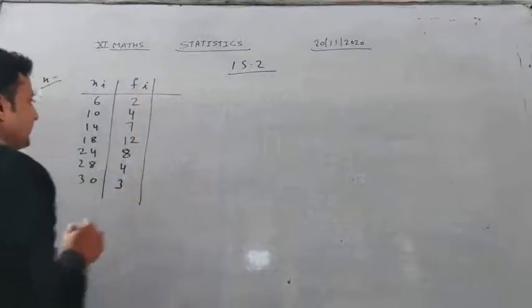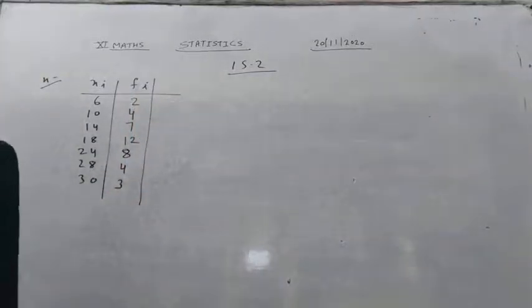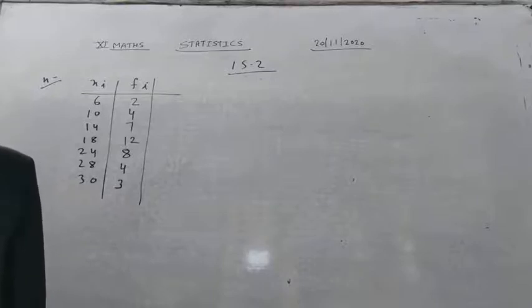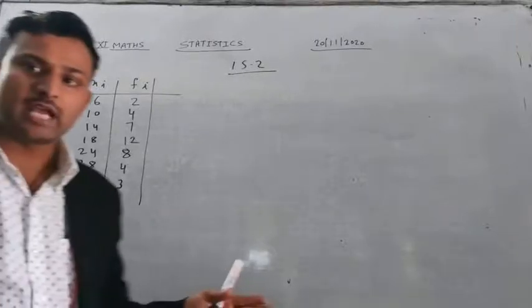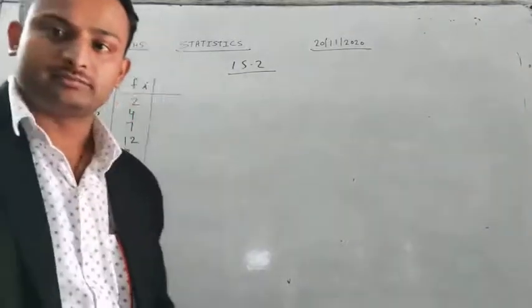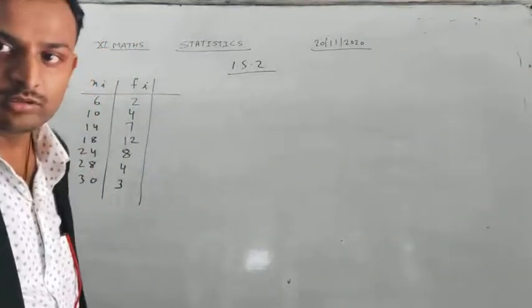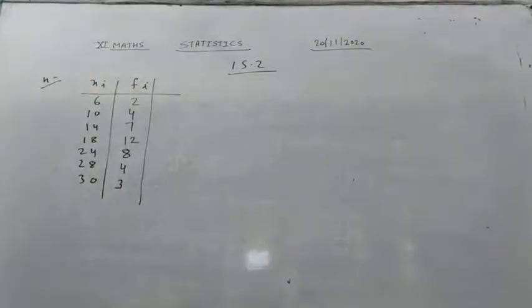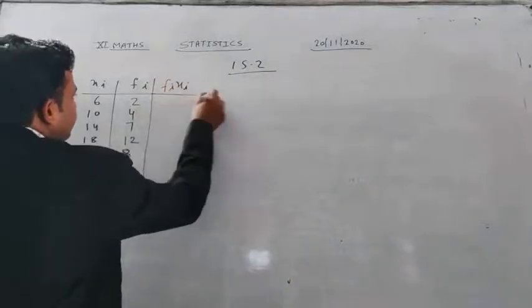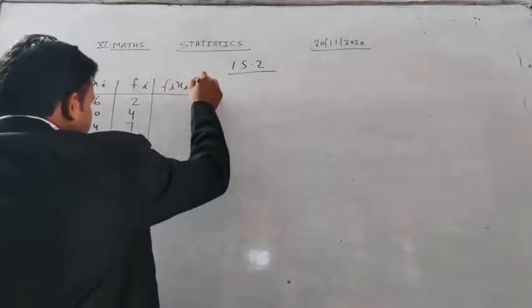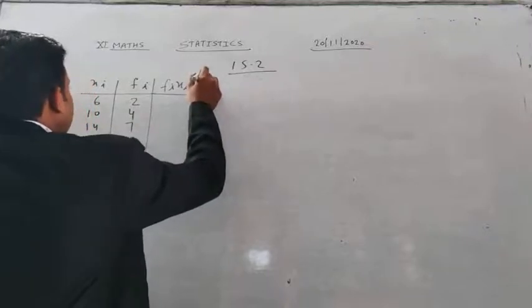Okay. This is the information which is given, and from this information we have to find out our mean and variance. So for finding out mean and variance, we can use both methods. Either we can use the direct method, or we can use the shortcut method. Okay. So let's find out this. So first we will find the mean. So fi xi, we are finding fi xi.